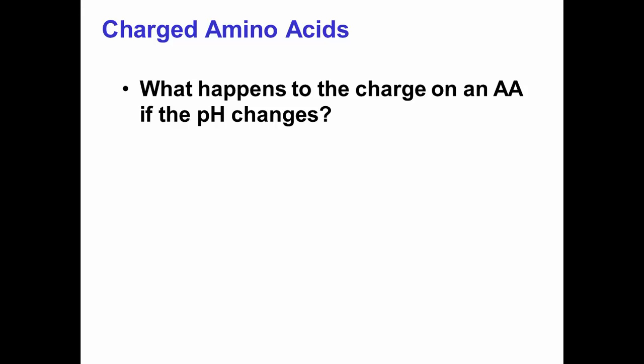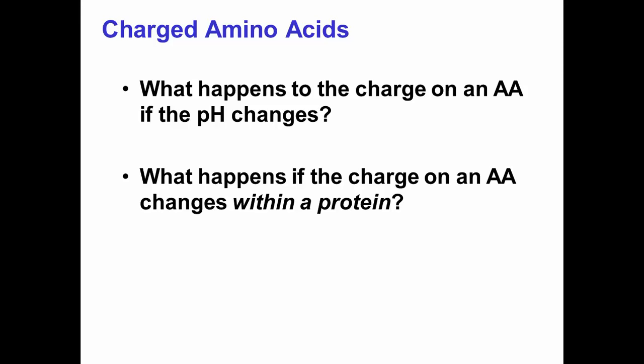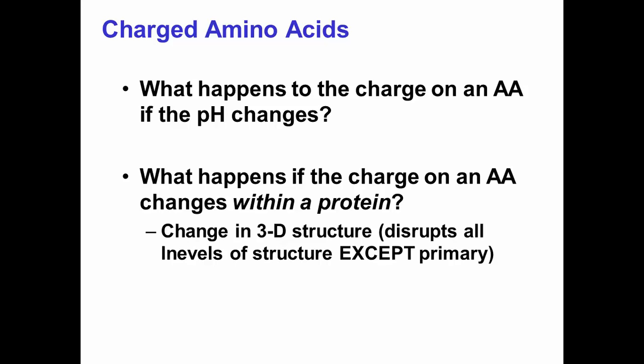So what happens to a charge on an amino acid if the pH changes? We've just talked about it, right? It could change. Not always. It depends on the pKa of the group. So acidic ones are going to lose their charge. Think about that for a minute. If we protonate that gamma carboxyl group, it's not going to get a positive charge. It's just going to lose the negative charge, and that will destabilize the protein. If it's in the primary sequence of a protein and you do that, it's going to change that charge.